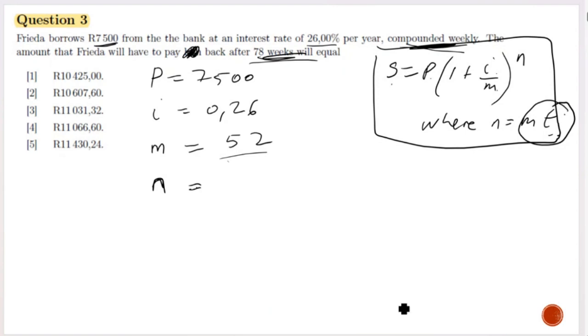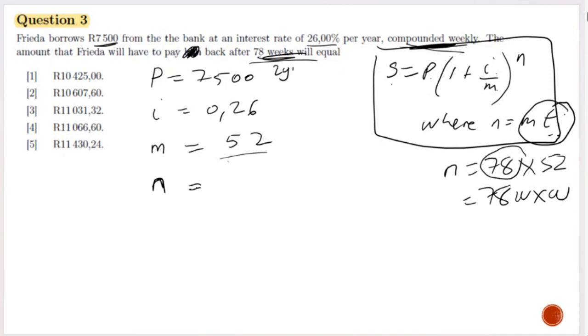So if you're going to say your N is equal to 78 multiplied by 52, so you are saying 78 weeks multiplied by weeks. You are getting into a circular argument and then inflating your number of periods when your 78 is already in weeks. So there's nothing to convert there. Are we clear there? So be careful when you have the questions, unless here you were given that after maybe